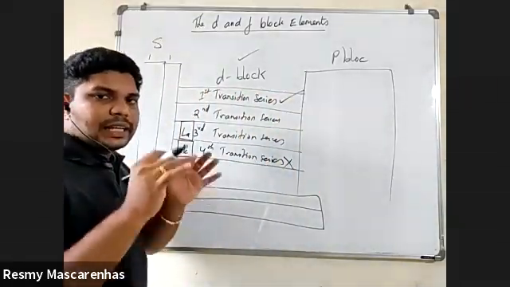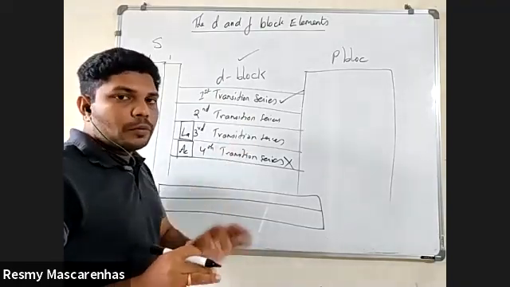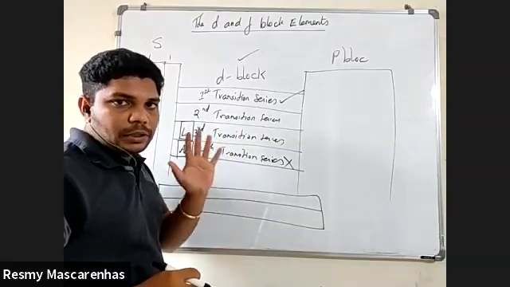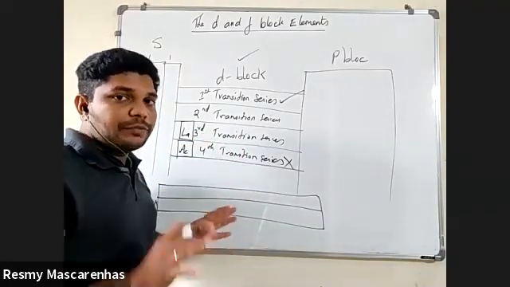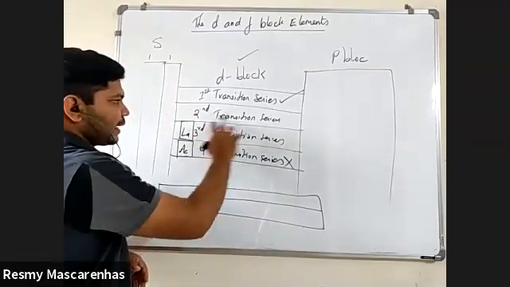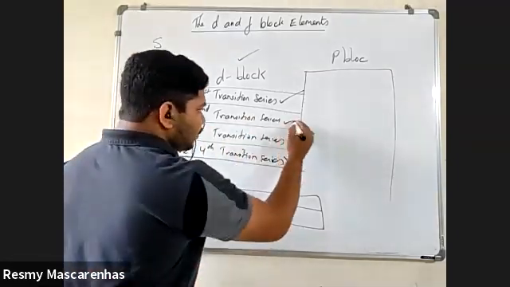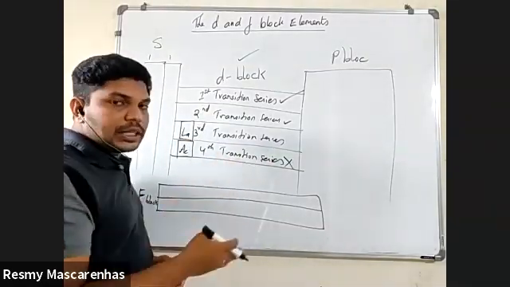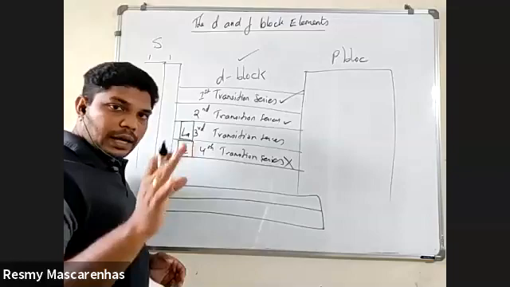You should know each and everything from top to bottom of the first transition series. The second transition series is also not that much important. You should know only the elements. If you can, then better, or else it's okay. So the second transition series is a little bit important, and the third is not required. Only what is required in the third and fourth, I will tell you.